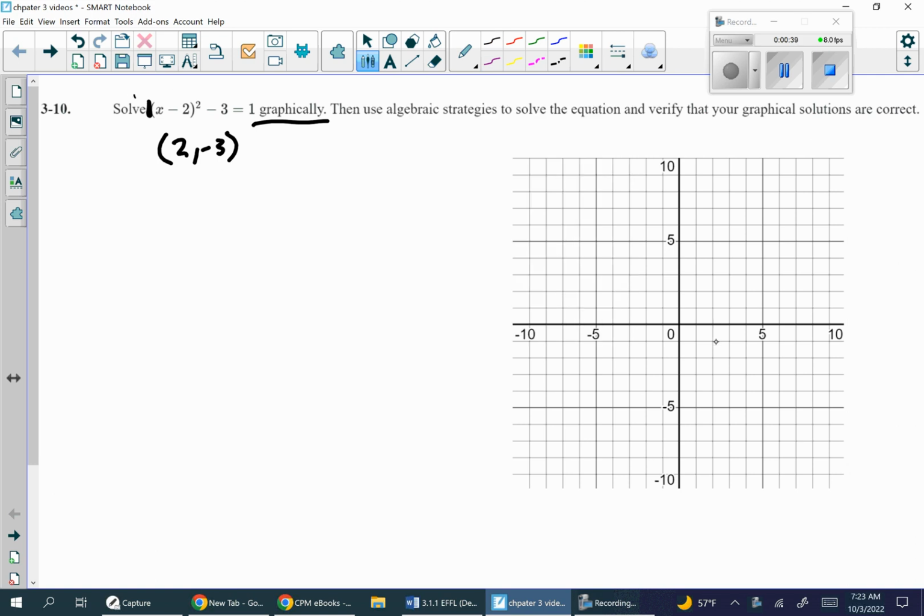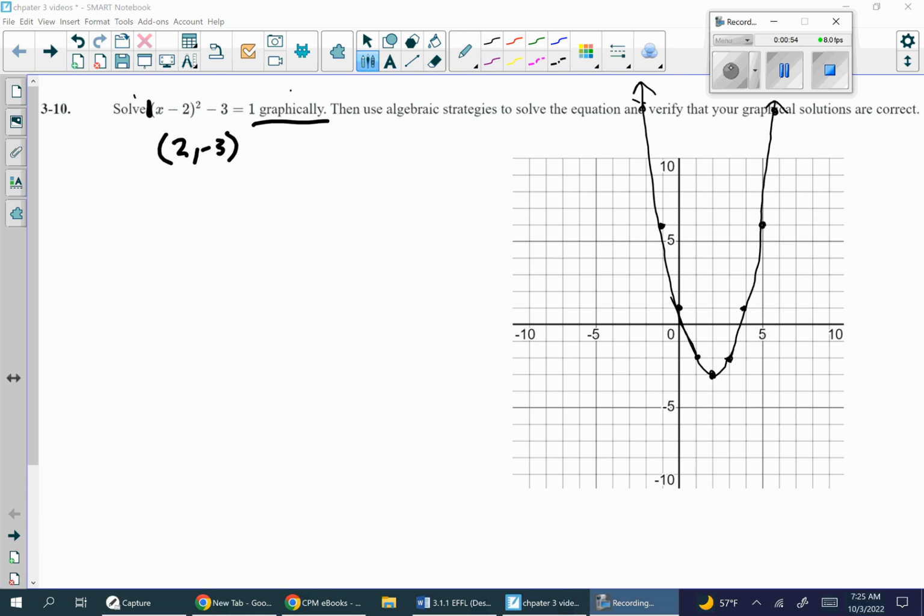(2, -3) is our vertex, because this is a quadratic, so it's going to be a parabola. And if the growth rate is 1, I go over 1, up 1, over 1, up 3, over 1, up 5, and continue that. And as I'm finished graphing my parabola,